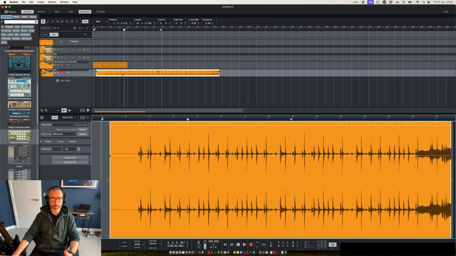I'm going to double click on the clip. But this time, instead of going into Slice Edit, we're going to use this new overview mode. And if you look at the top here, you'll notice that the transients are all mapped out the same as if we were in Slice. And the cool thing about that is that if you then press R to switch to the razor tool, you can automatically create cuts based on the transient. So if we find where the first hit is that we want the start of the loop to be on,